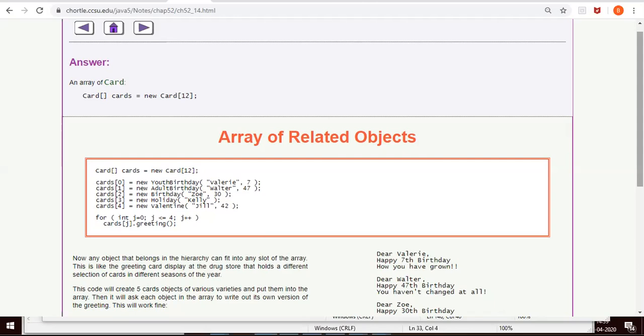And then we extended the class. We extended the program. We have added two more subclasses to the class birthday. One is youth birthday. The other one is adult birthday. And we have accordingly added the constructor and the greeting method, and we discussed how to access it. Okay, hope you have understood the session. Fine, thank you.